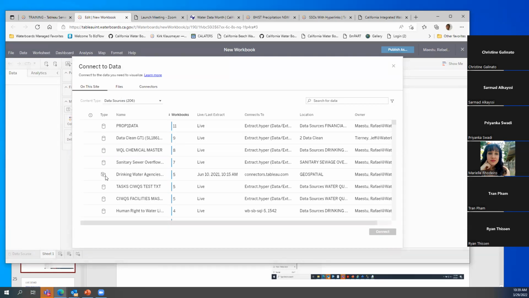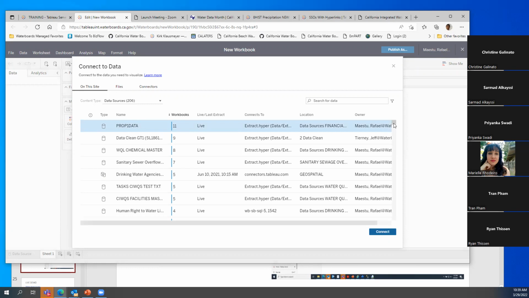If you are a creator, you will see files or connectors on this side. If you are what is called an explorer, which everybody is with an explorer license, you will only see these data sets. Then you can actually just connect to, for example, Prop One data.